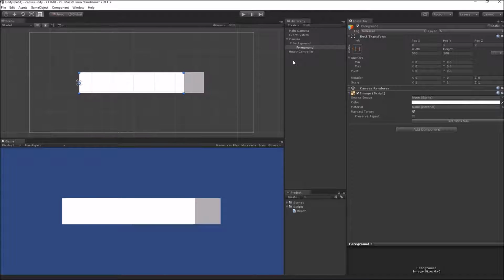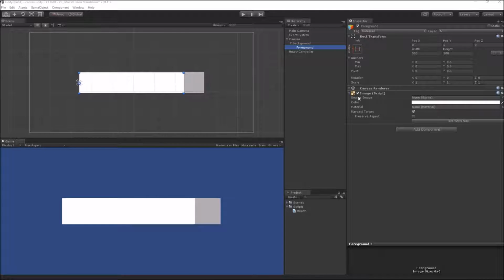We may also want to control the color that is being shown inside the slider. So if health is too low, we can change this color to red, and if the health is too high, we can change it to green. So we also want that feature. So we'll see how we can achieve this using coding.